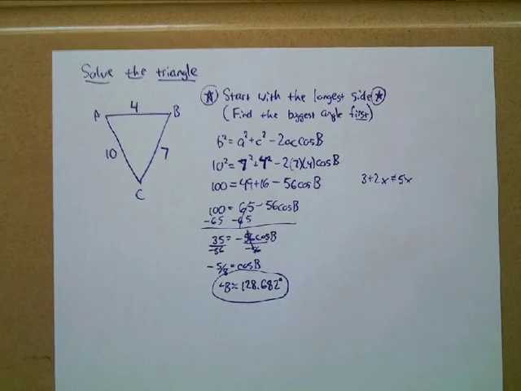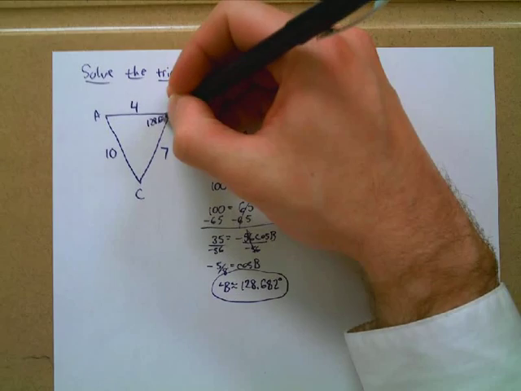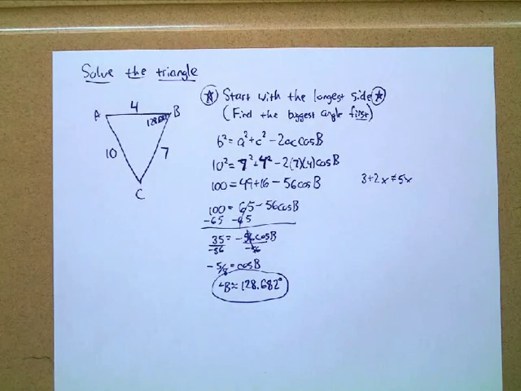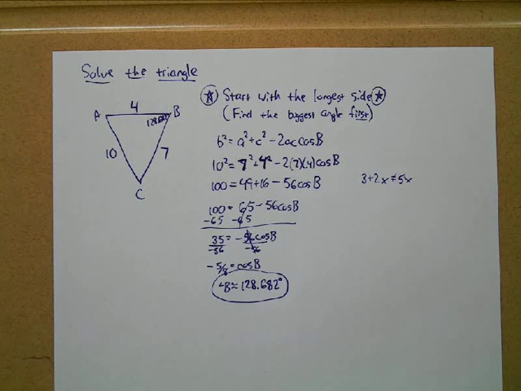And then good news, at this point, what can we now do? To solve for the rest of those angles, what can we use here? Law of sines, exactly right. Yep, law of sines after this point, because now we have an angle and an opposite side pair